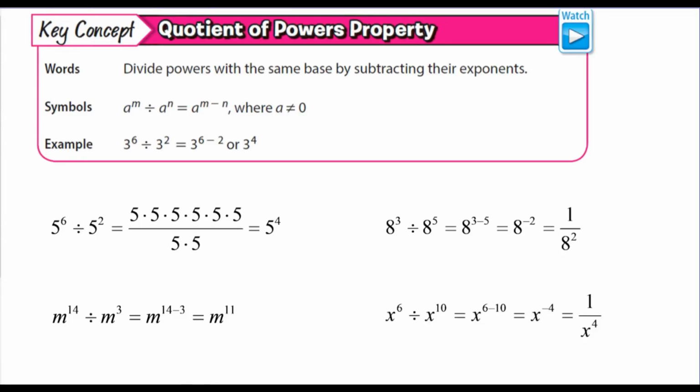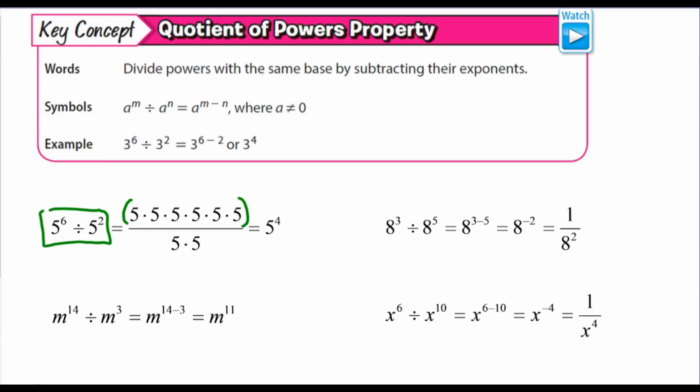Well, the quotient of powers property says that when you're dividing powers with the same base, we're going to subtract the exponents, because there's actually some canceling going on. Some of these are in the numerator, some are in the denominator. So again, I've kind of written this out longhand so you can see what's happening. 5 to the 6th power divided by 5 squared. So I've got 6